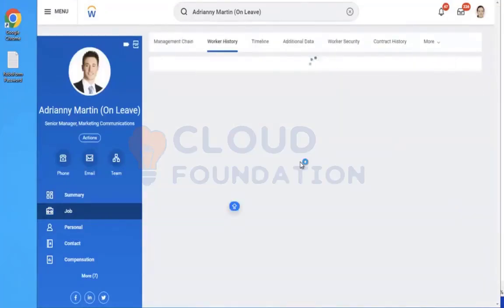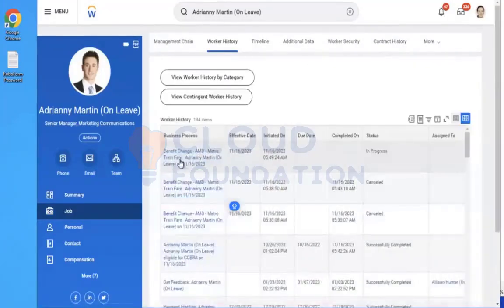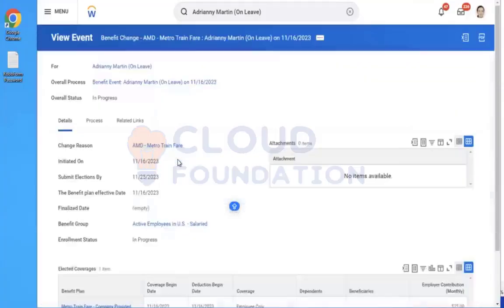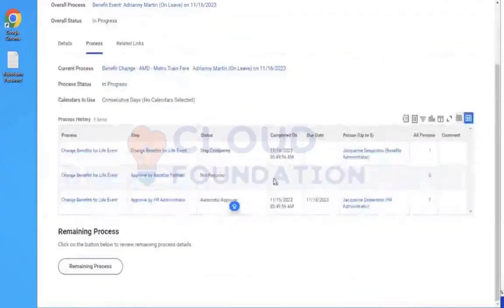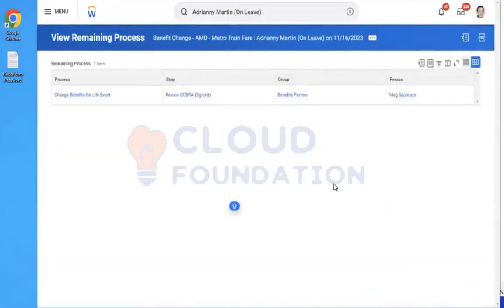The history, in progress. Process. Because my condition failed.